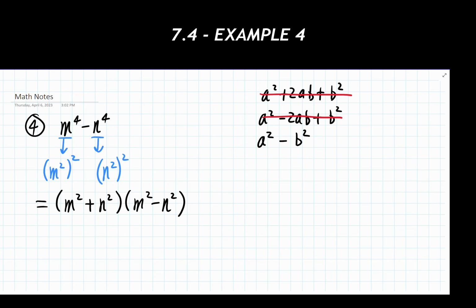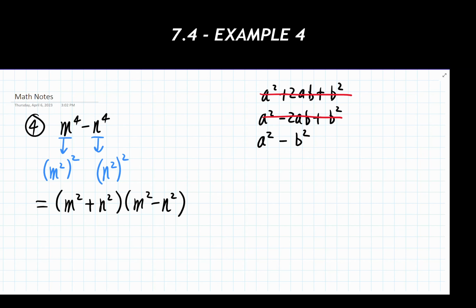Now looking at the directions for this thing, and the directions with this are the same thing as written on the notes. I'm just reading these verbatim. Fully factor the following. A lot of F showing up in there with the alliteration, right? We're told to fully factor this thing.